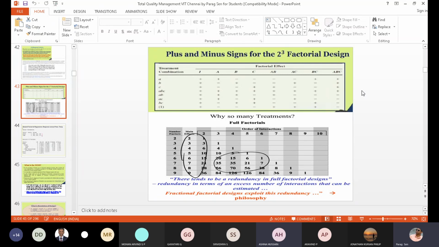Yes, sir. And you can do this manually also. Suppose you have been given three factors, and each has 2 levels. Then you manually check how many possible combinations can happen. It can happen only 8. This is the simple permutation and combination. Yes, sir, 8, correct, sir. Got it, sir.